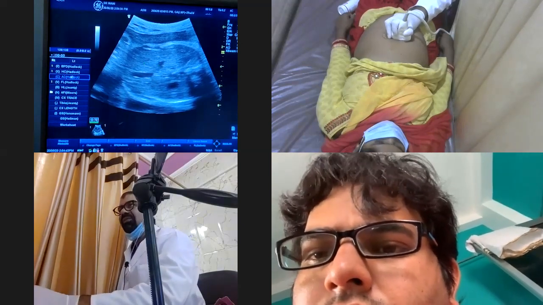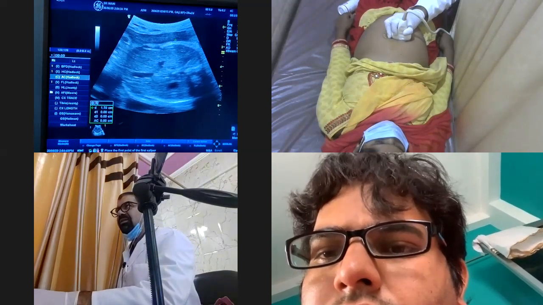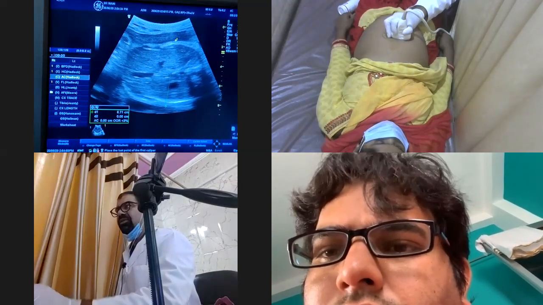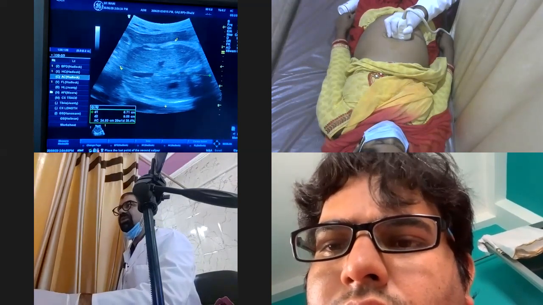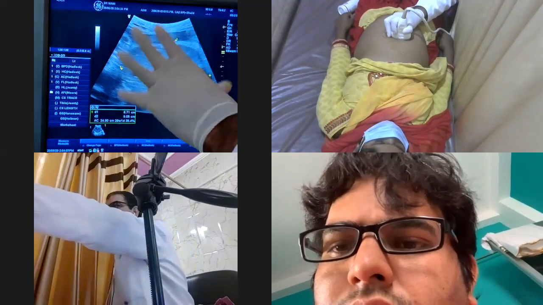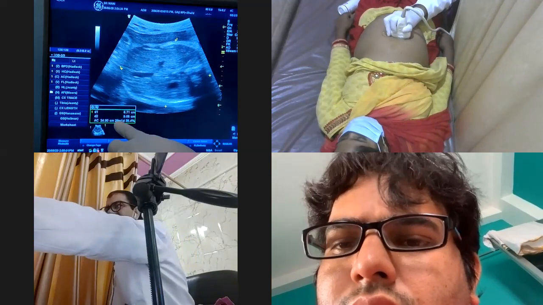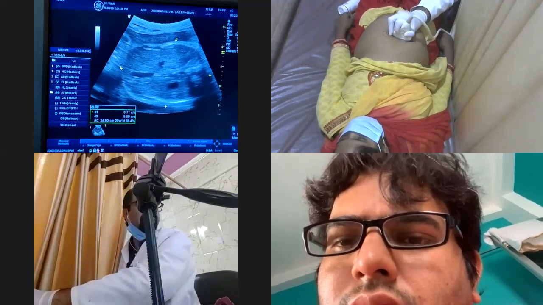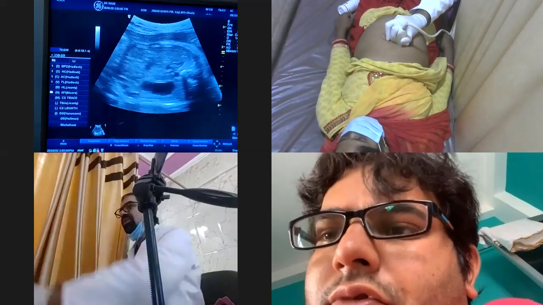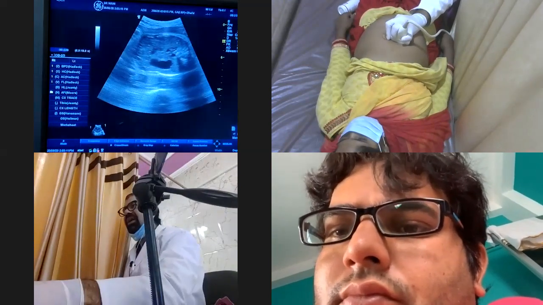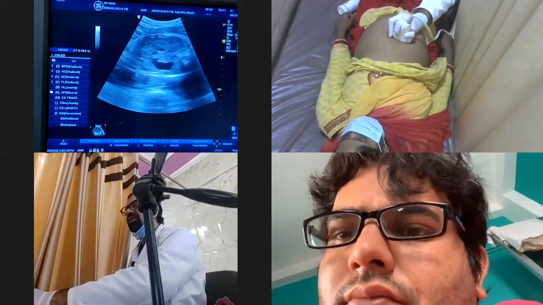What I will do, I will go to the AC, pressing onto the AC from here, and from this point to this point. I will take an ellipse, and in this case, it is 29 weeks and 1 day. So this is not an IUGR case. So why is this not an IUGR? Because the head perimetry and the abdominal circumference is corresponding. So this is not an IUGR case.